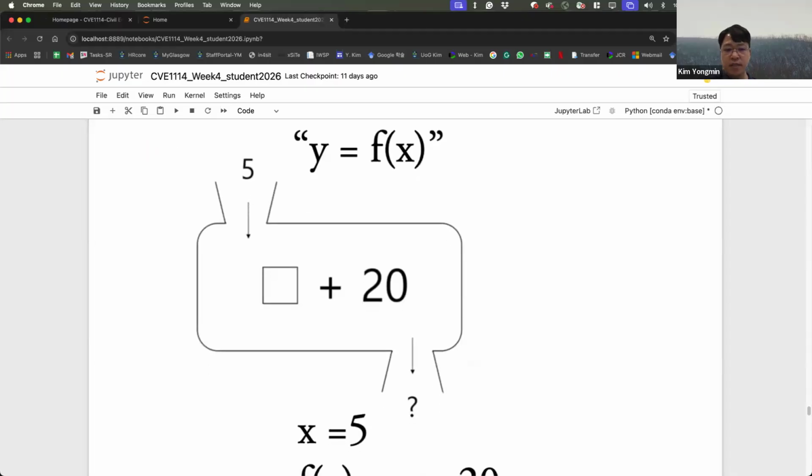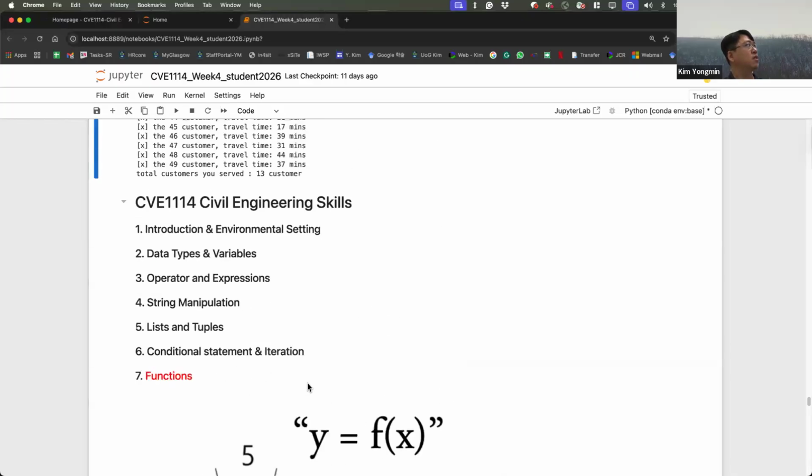On top of that, if you can consider functions, your coding skill can be improved. Functions are the building blocks of every Python program. They are where the real action takes place. These functions break down code into smaller chunks.